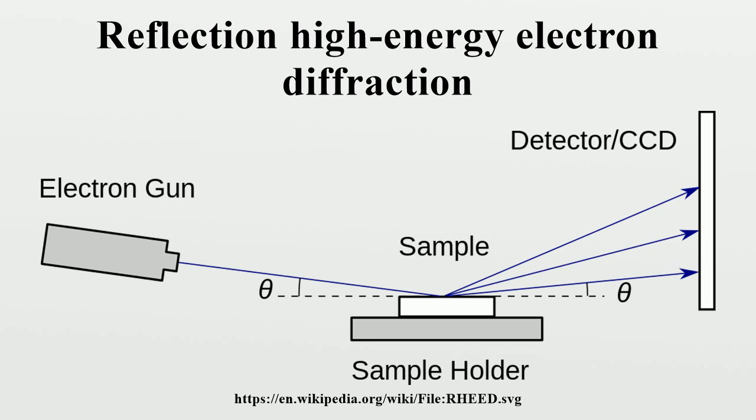Diffraction conditions are satisfied where the rods of reciprocal lattice intersect the Ewald sphere. Therefore, the magnitude of a vector from the origin of the Ewald sphere to the intersection of any reciprocal lattice rods is equal in magnitude to that of the incident beam. Equation 2 shows this relationship, where k0 equals incident electron wave vector, k equals electron wave vector at any intersection